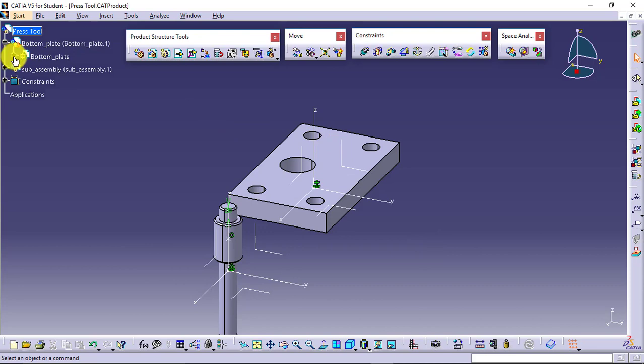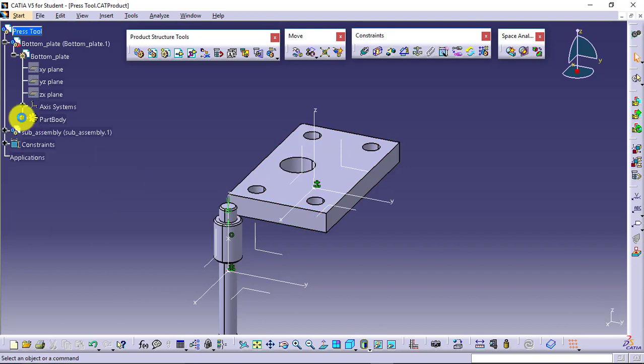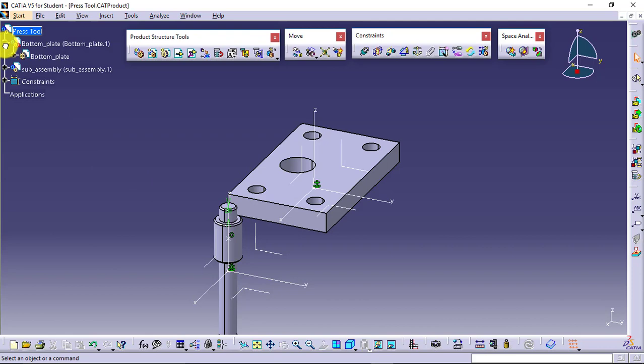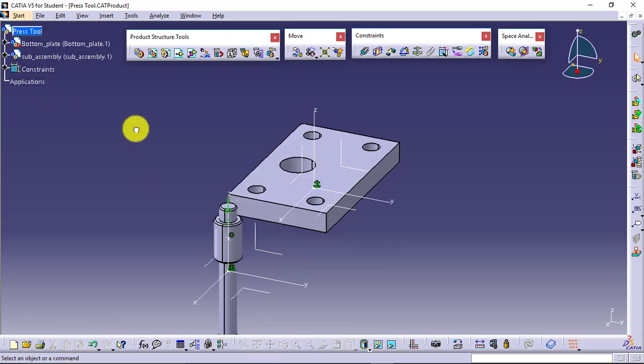You can see over here I will just expand the bottom plate feature tree. So one hole, this was the parent hole I had created, and then I had applied rectangular pattern. So what I will do over here is I will align, I will match this sub-assembly with the parent hole, which will help me in updating the part or assembly very easily.